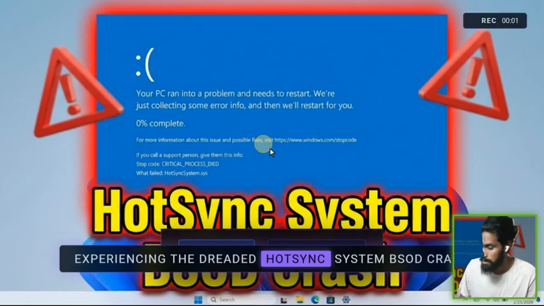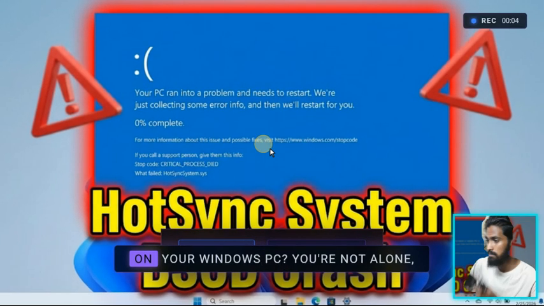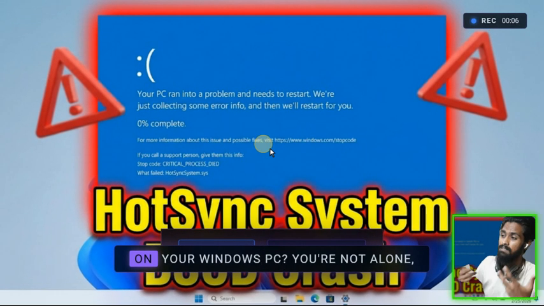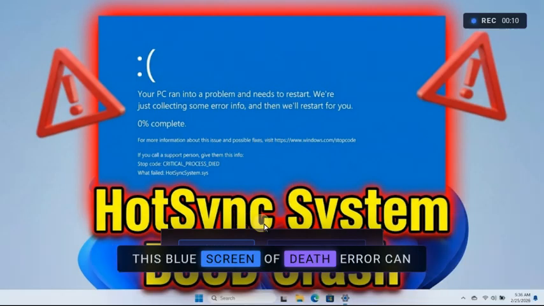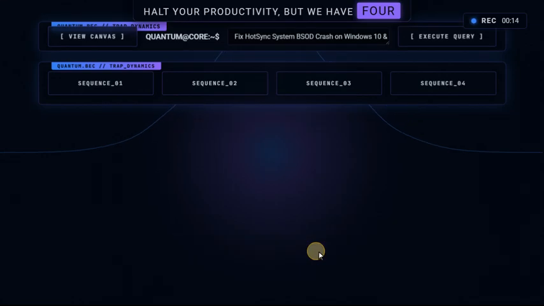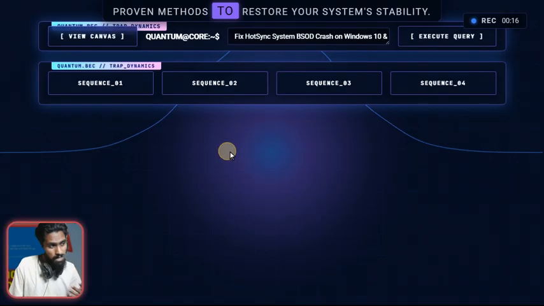Experiencing the dreaded HotSync System BSOD crash on your Windows PC? You're not alone, and we're fixing it permanently right now. This blue screen of death error can halt your productivity, but we have 4 proven methods to restore your system's